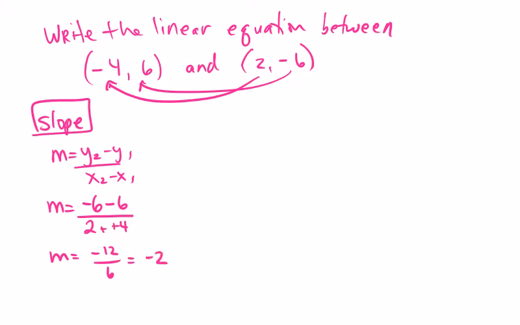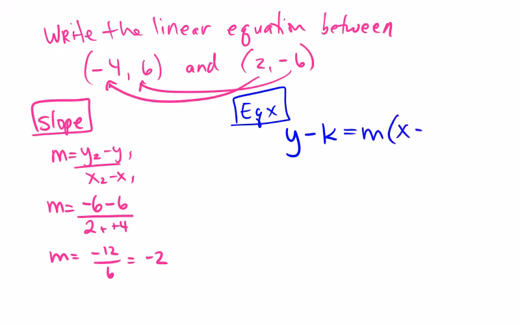After you find the slope, we're now going to do the equation. So again, try and do the equation, check it, or stop the video, let it go through, and then check your answer. I like to get used to the new equation. So y minus k equals m times x minus h. I'm going to choose one of the values and label them h and k. And then I'm going to show you that if you use the other h and k, you would have gotten the same value. So this is going to get us y minus negative 6 is equal to negative 2 times